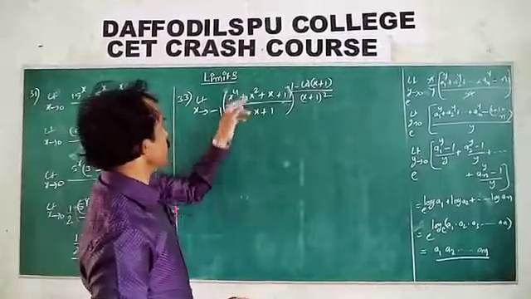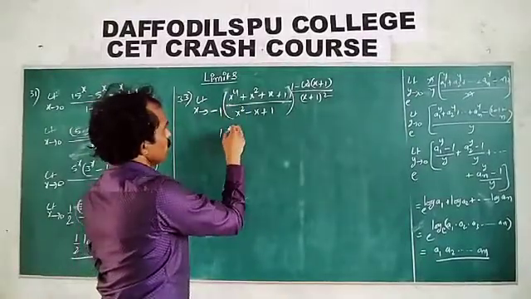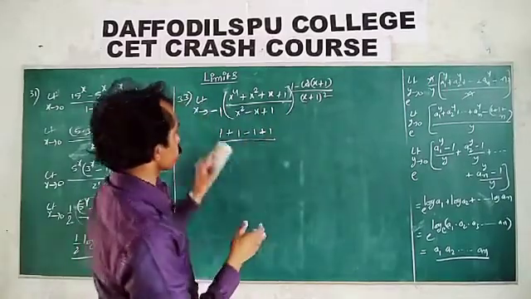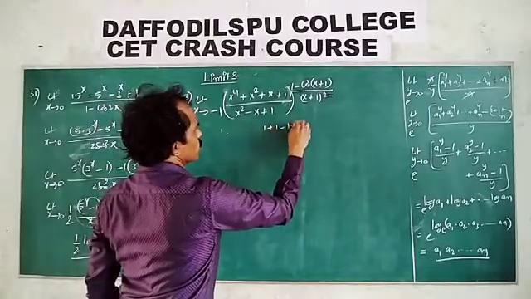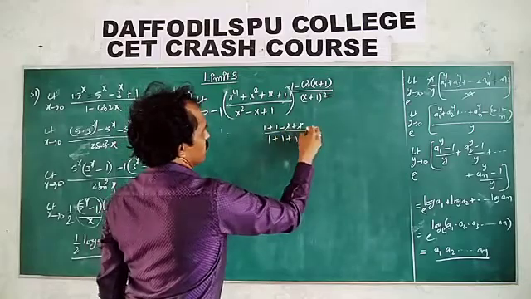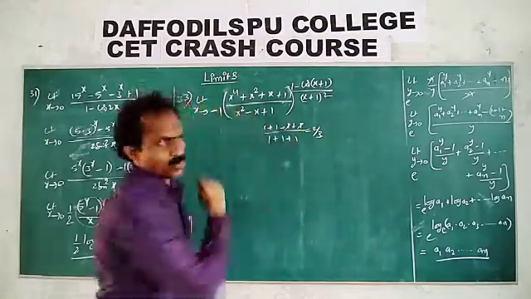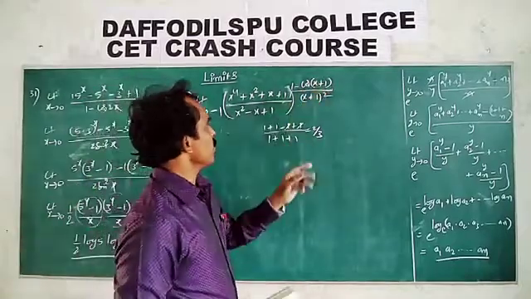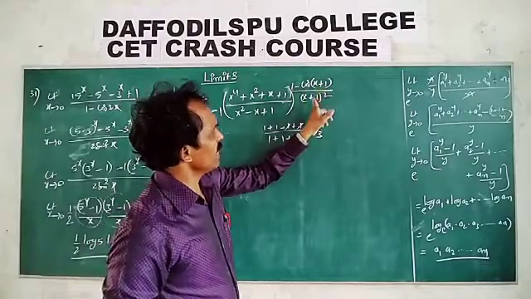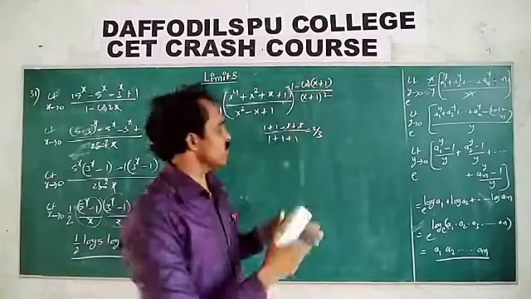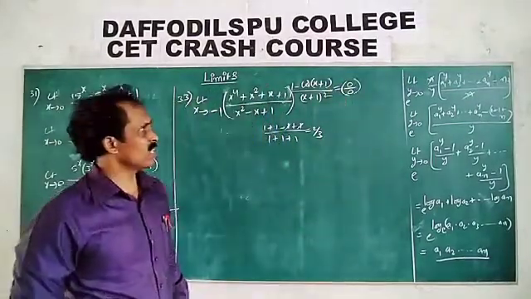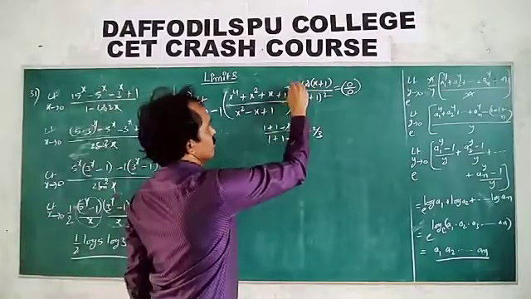Clear? Right. Substitute minus 1. What happened? Minus 1 whole power 1 plus 1 minus 1 plus 1, divided by, what is this value? 1 plus 1 minus 1 plus 1. Denominator value: 1 minus into minus plus 1. So this is cancelled. This is 2 by 3. So the inside value is 2 by 3. But outside there is a power: 1 minus cos 0, 1 minus 1 is 0, by minus 1 plus 1 is 0. So 0 by 0 undetermined form. Okay, right.